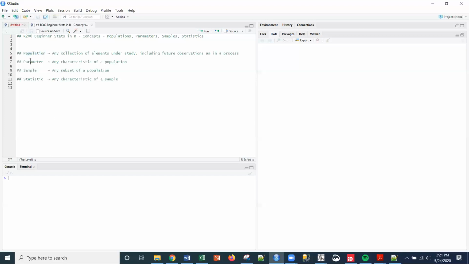The parameter is essentially just a characteristic, typically a mathematical characteristic, such as a mean, an average of this population that is under study. And then a sample is any subset of the population. We don't normally measure all elements in a population. What we do is we measure a